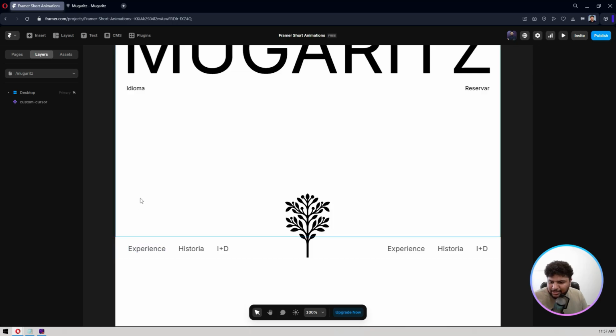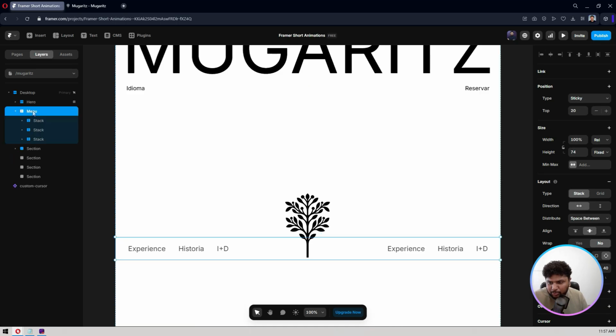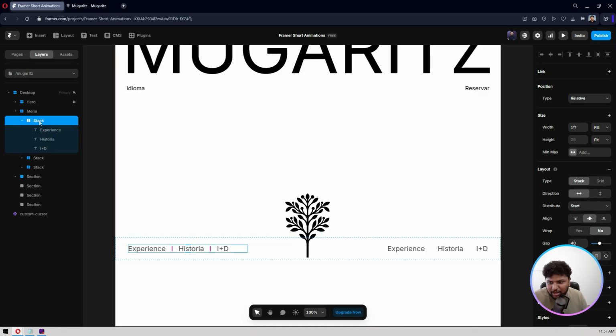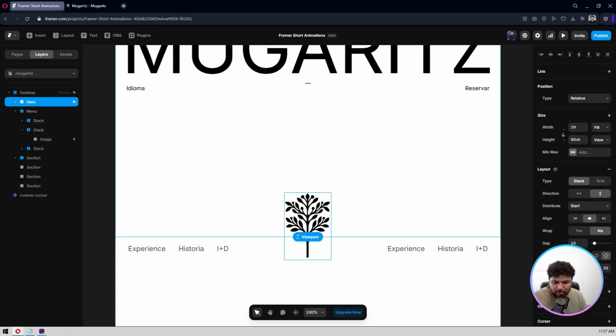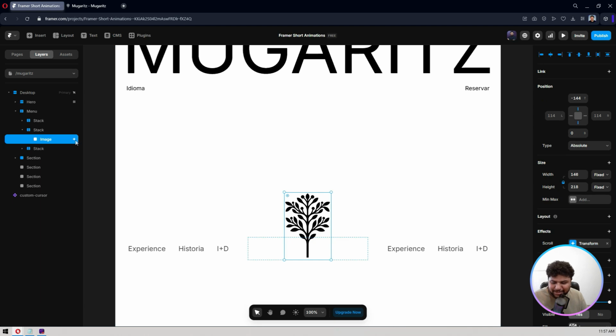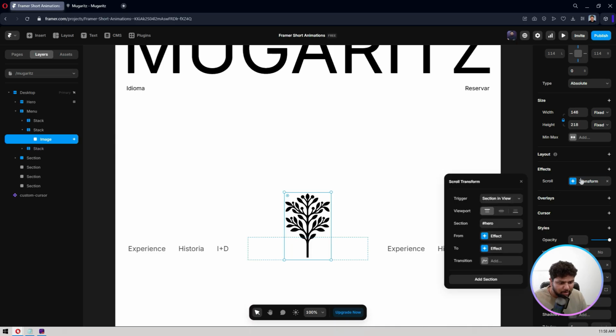But let's say I have this particular area, the hero section area, and then I have the menu area. In that one, I have these links, and in the middle I have the image and all. So let's click on the image and I'll show you the animation. As you can see, the animation is done on this image part. And in the effects on the scroll, I'm using the scroll transform from image to image, from, let's say, the scale of 1 to the scale of 0.5 or 0.4,